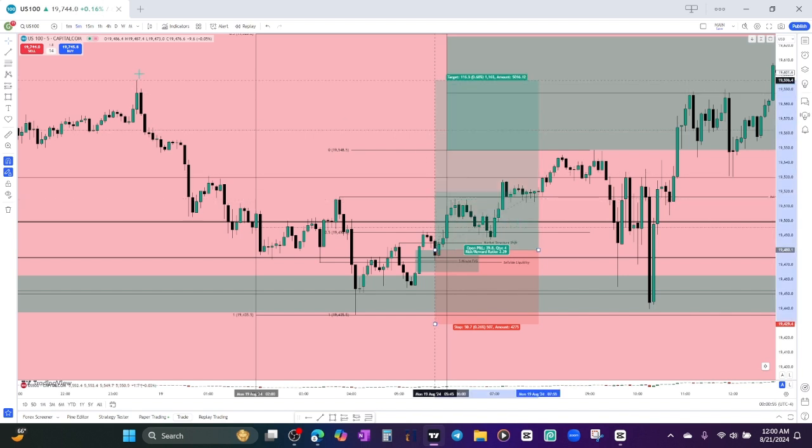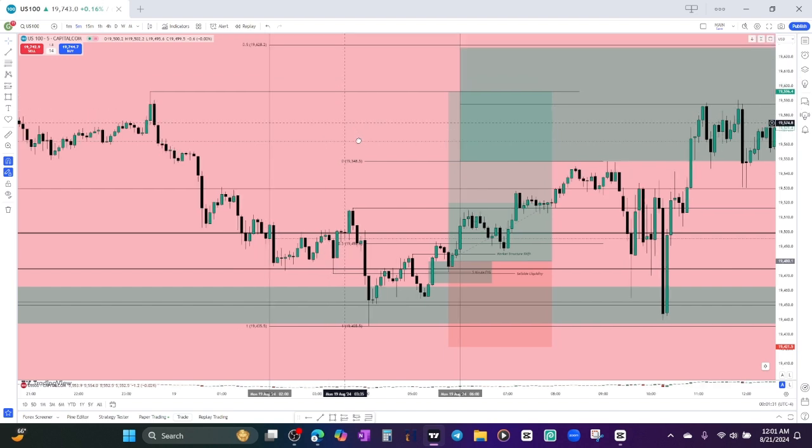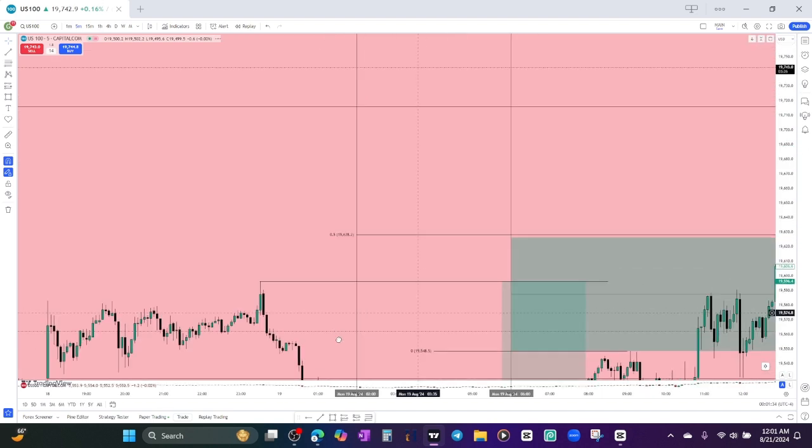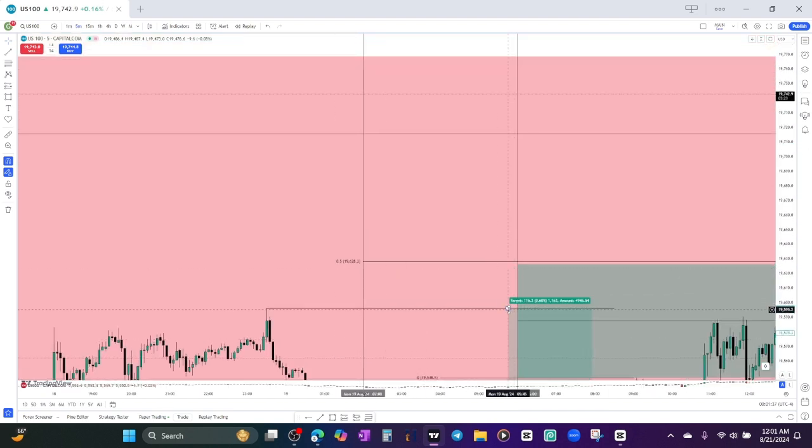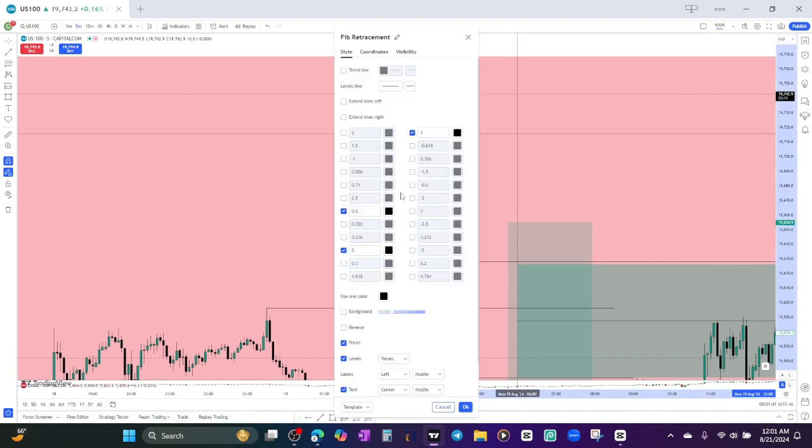All right, so as I was saying, I would enter here, and if I wanted to go for the move of the day, like I really wanted to hold this trade throughout the day, I would place my stop loss under this 15-minute fair value gap, under this low, give it some room. First target here, second target would be at either a projection of a standard deviation, right? So if I put my standard deviations,